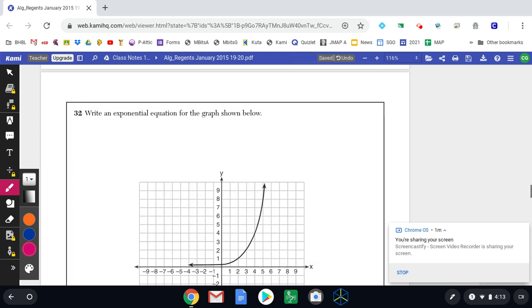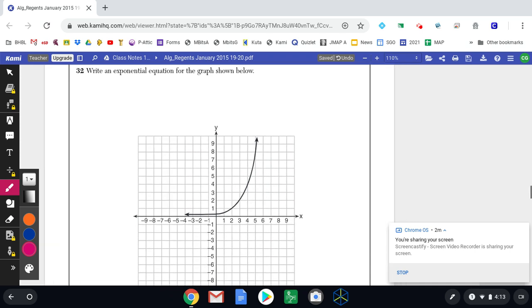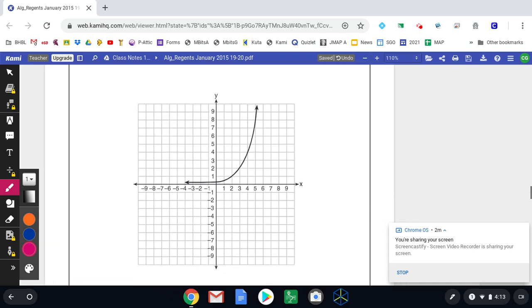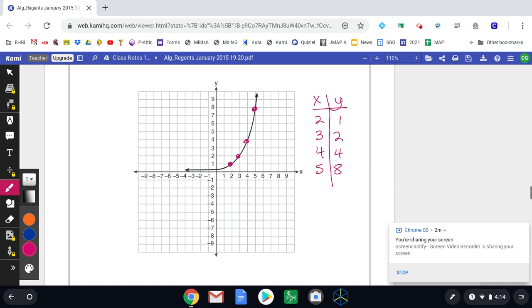Question 32. Write an exponential equation for the graph below. So we know it's exponential. We're looking at the graph and we're noticing that it has some features that maybe aren't just like every other graph that we've seen. We do see, though, that there's a number of points that are really nice points. So if I think about these x, y values that are on my graph, 2, 1, 3, 2, 4, 4, 5, 8, and I go to my graphing calculator,